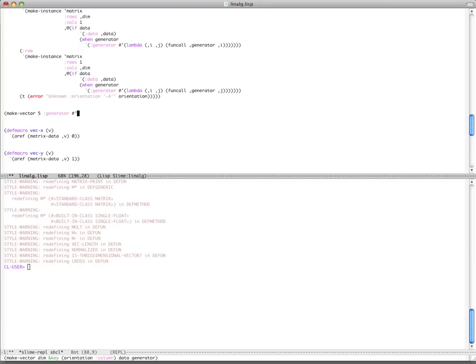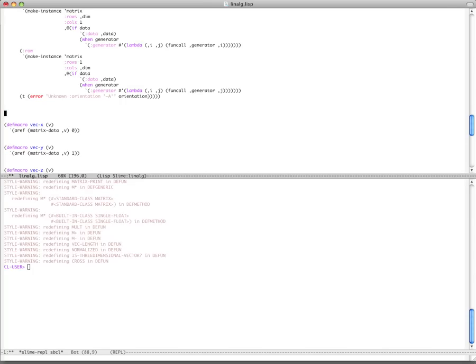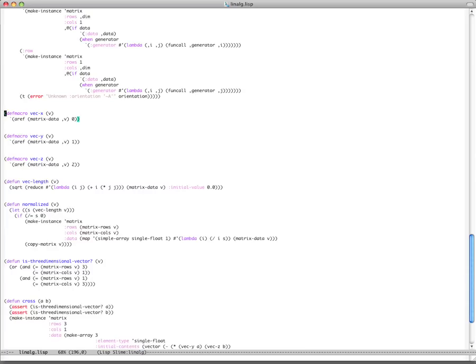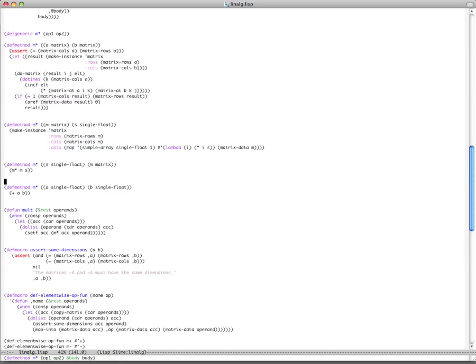Use the generator function with only one argument in this case. You remember that here we wrote a closure, lambda k, and let's return 15.0. See what this expands to. Again, exactly what we wanted. Okay, delete this line. Maybe one thing, if we go to the mult method, you see